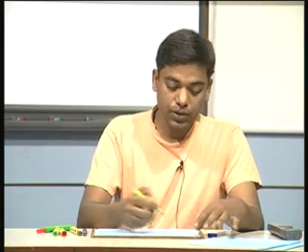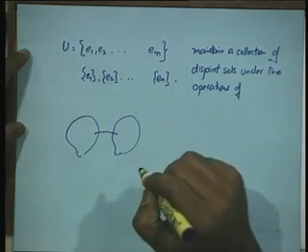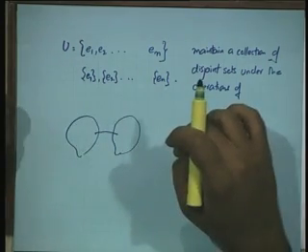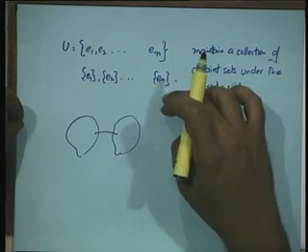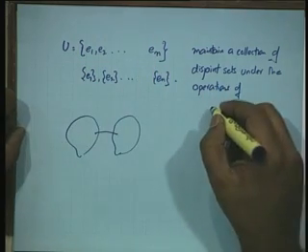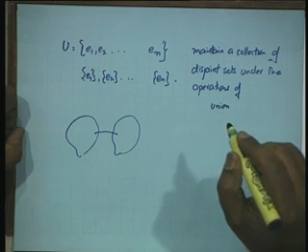Now, what are the operations that we have to do on this collection of disjoint sets? One operation is union. The operation of union has to be done when I have one connected component, I have another connected component, and the edge that I add runs between these two connected components. Then the entire thing would be one connected component, and it should get reflected here by taking the union of the corresponding sets. So, I have to do an operation of union, that is one operation under which I have to maintain this collection of disjoint sets. So, what do I mean by that?